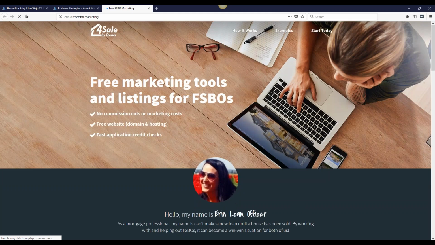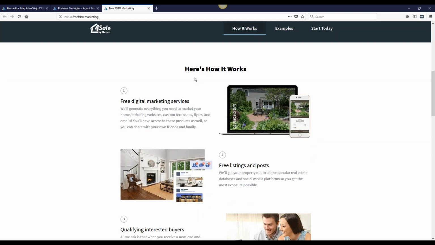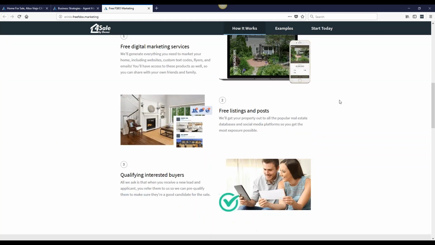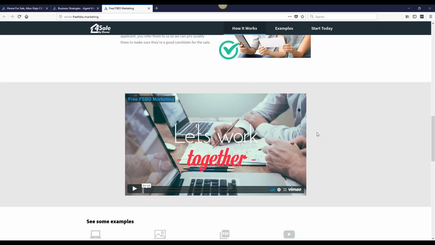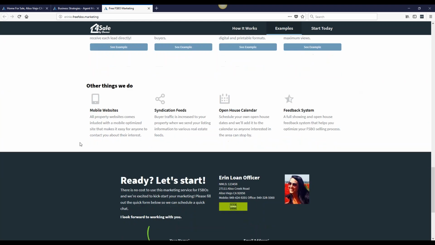You'll see that here. Here is the marketing tools and listings for FSBOs. So you can actually promote this website wherever you'd like, and it gives the FSBOs some information. It gives them an example page. You'll see a little video here that's really great, with some examples of the different things you can do with the flyers, the virtual tour, the property website, other things